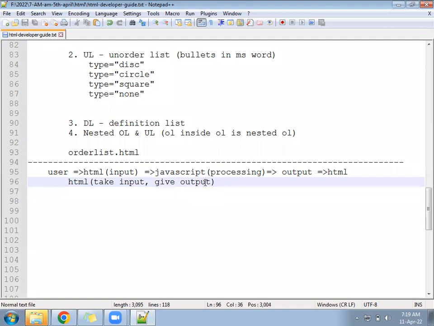So it will be a static page. It will not be directly a dynamic page. Using a static page, we can design the basic structure of the web page and we'll get an idea. Okay, so